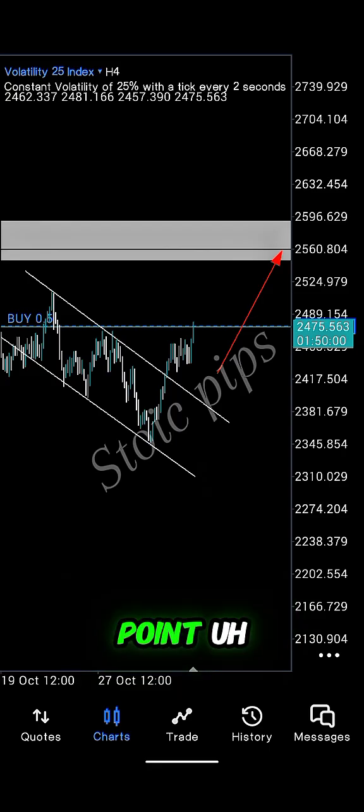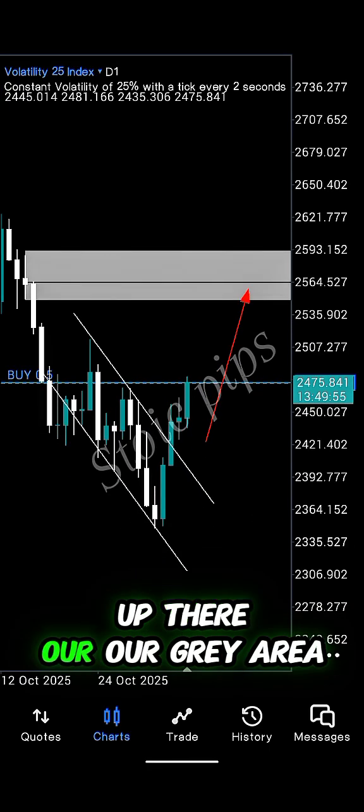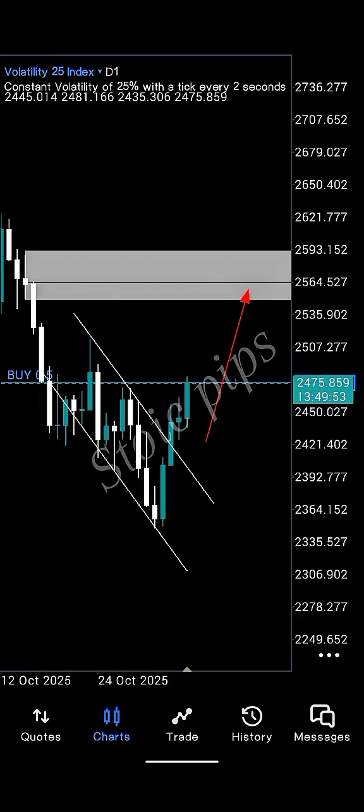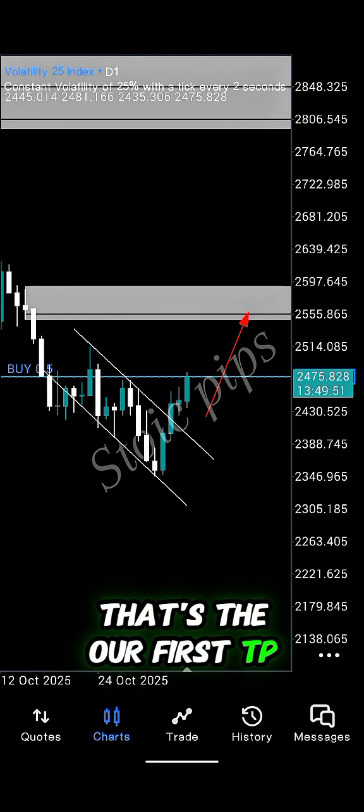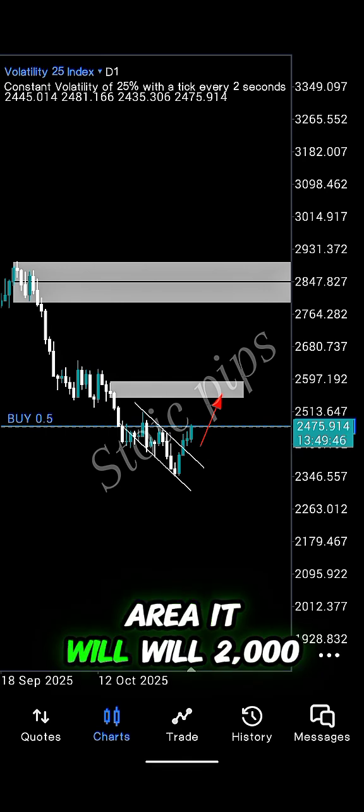So at this point, we're expecting price to reach up there, our gray area. That's our first TP. Then the second TP will be up there. So after it reaches that area, it will